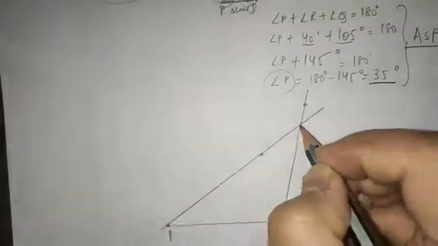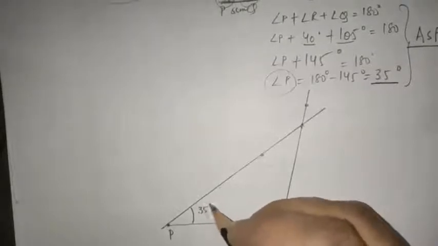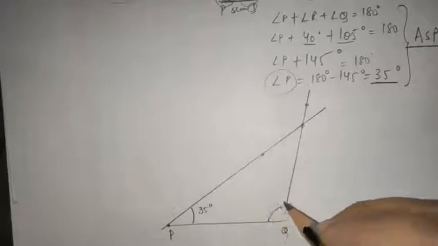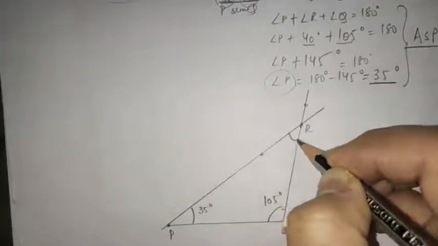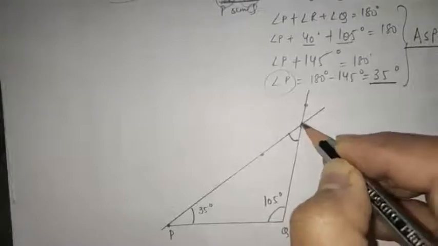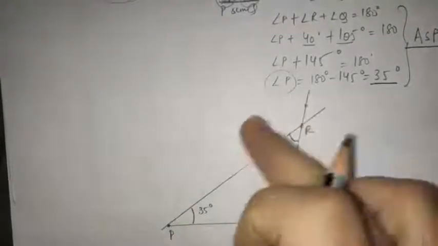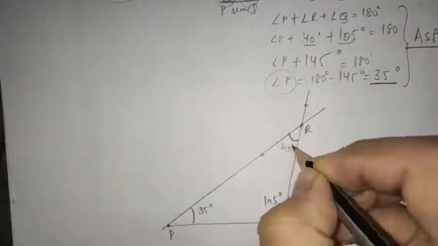Like this. Okay. Now wherever they are meeting, so this angle P is equal to 35 degree it was. Angle Q is equal to how much? Angle Q was 105 degree, and angle R, the name of this point where they are meeting, will be considered as R. So this is our required triangle, and of course the remaining one angle is 40 degree. Of course, when you add these, you'll get 180 degree.